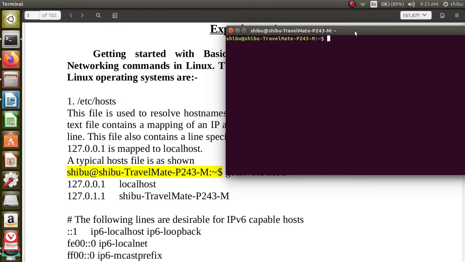When you press that terminal, it will show you a terminal, and this terminal will be in a particular working directory. If you want to see the present working directory, you type pwd, which is present working directory. That means in the root of the file system there is a subdirectory called home, and in that you have another subdirectory which is Shibu, my name, and that will be displayed. So this is the home directory of this user,